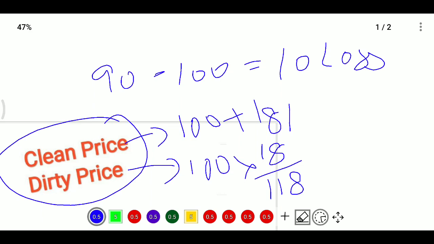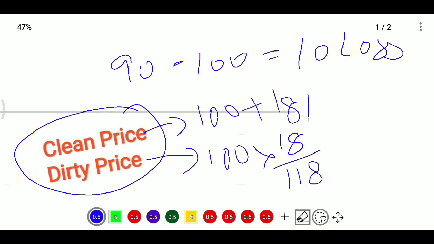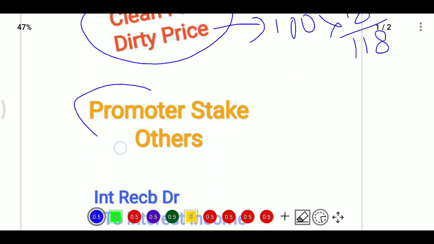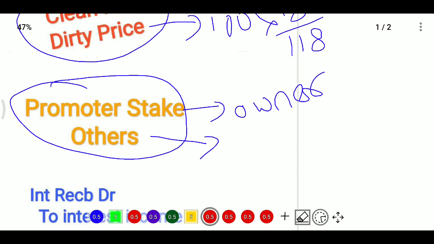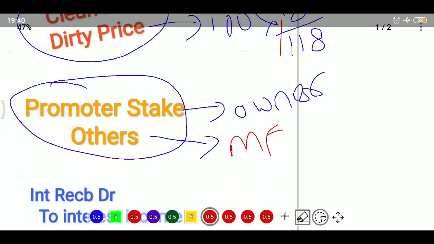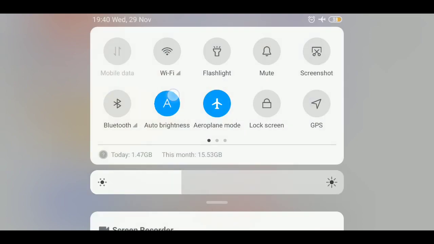Now I am telling you what free float means. In any company there are two types of capital: promoters, stakeholders, and other persons. Others may be mutual funds, retailers, foreign institutions, DIIs, etc. They may invest too. Promoters may subscribe 70%, 80% or 90%, and more than 50%. In some cases they hold 50% and above.